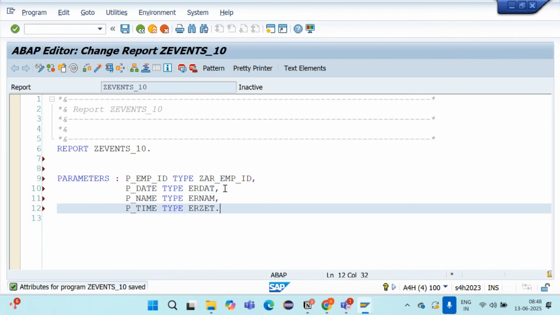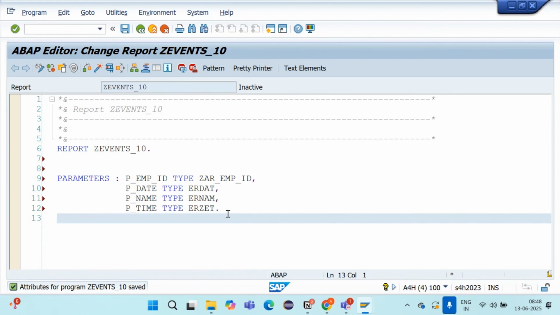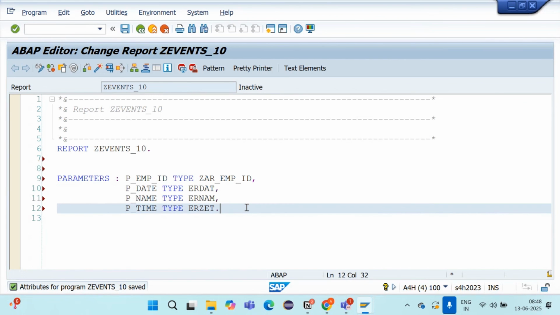This is the time here. We have 4 fields in this parameter option. I am going for the activate button. Execute.